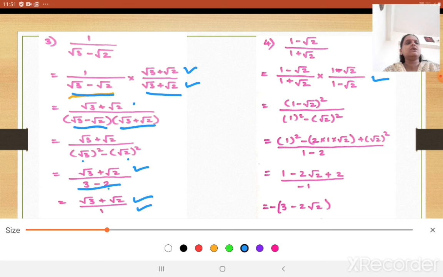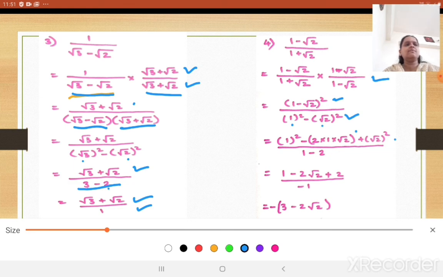So can you see now what will be the next step? Now numerator: 1 minus root 2 into 1 minus root 2 will become 1 minus root 2 the whole square, and in the denominator again apply the identity formula, a plus b into a minus b is a square minus b square. Therefore, it will become 1 square minus root 2 square. So 1 minus root 2 the whole square: we will apply the a minus b the whole square formula, first term square, 1 square minus 2 into 1 into root 2 plus root 2 square. Yes, is it correct? a square minus 2ab plus b square.